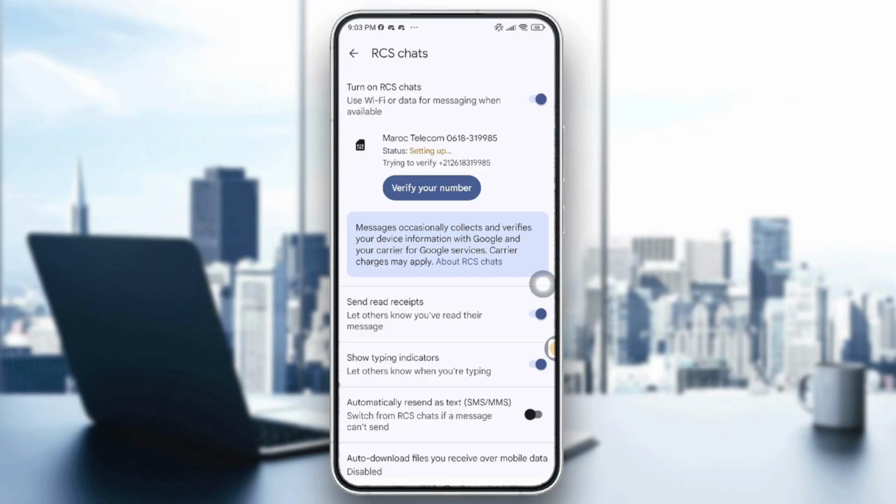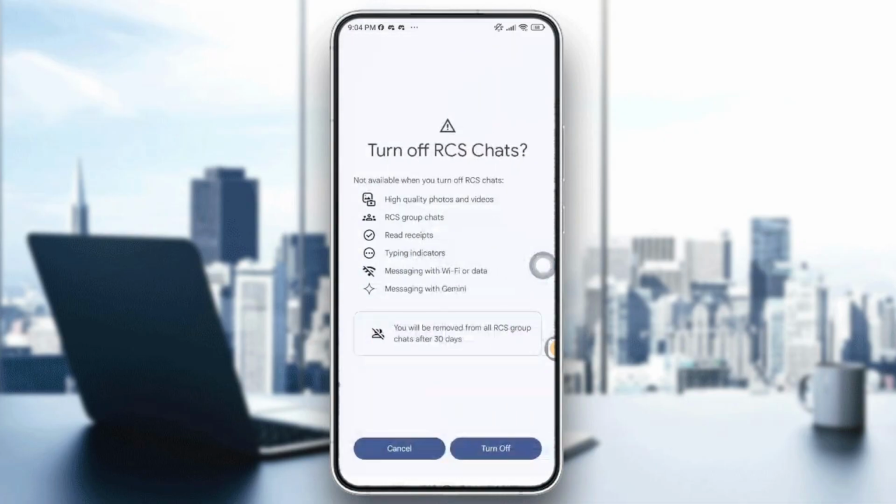enabled. So right here let's consider that I want to turn it off by re-tapping on it. So they will send you a notification or a warning. So right here it says not available when you turn off RCS chats. So these options or these tools will no longer be available on your Google Messages,